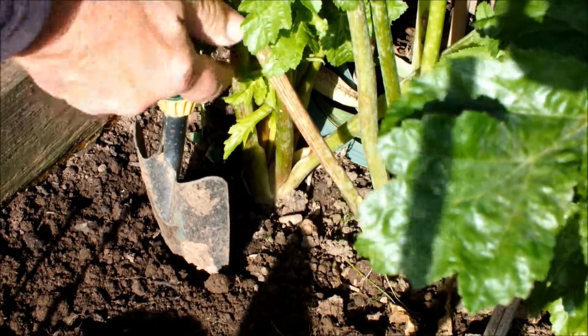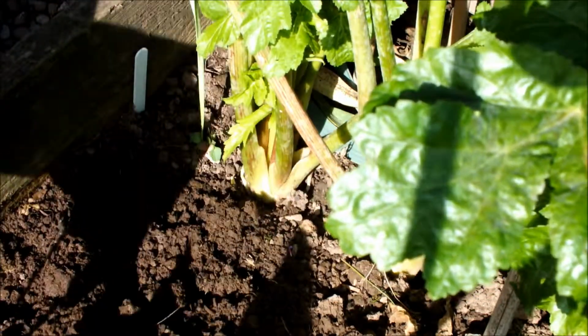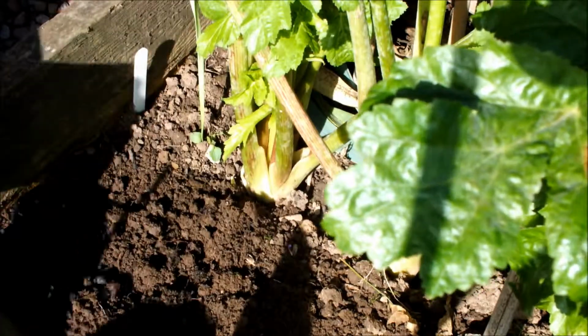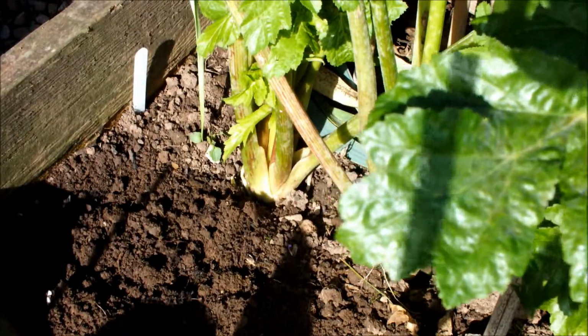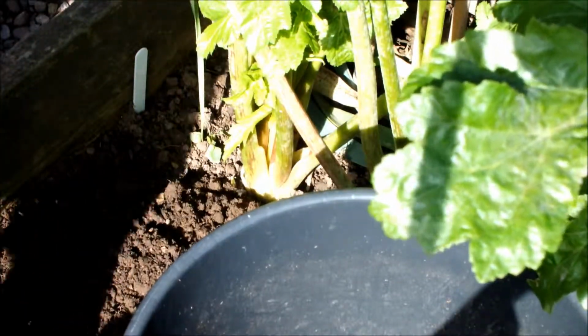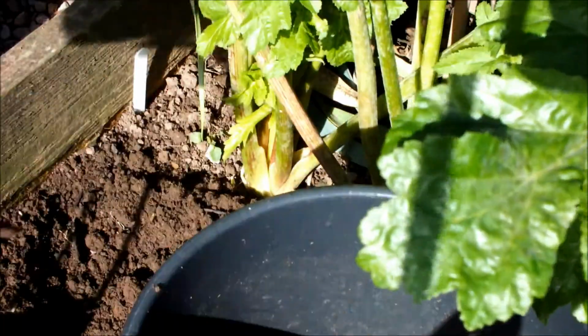So if you can remember the last time I took a parsnip out, just how difficult it was, these guys don't seem to want to come out. So we'll excavate this parsnip before we attempt to lift it. Okay, we'll take some soil out. Now, this is easily enough done at this time of year because the soil's